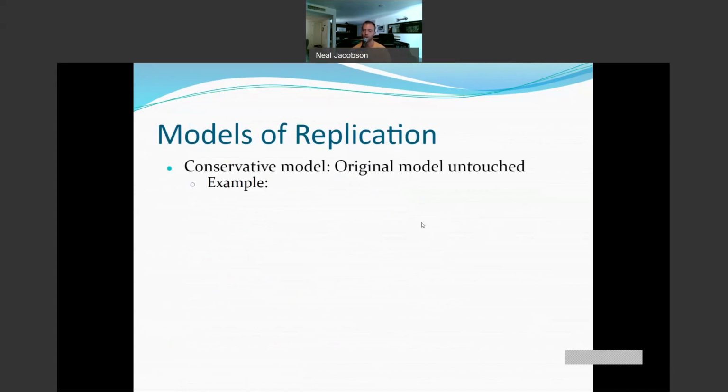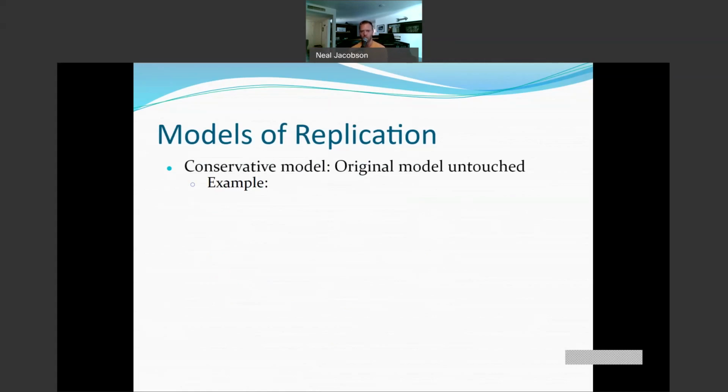I use a peanut butter and jelly sandwich for this, because DNA has 2 halves. DNA has 2 strands. We can think about those strands as being complementary to each other, like peanut butter and jelly in a sandwich. So when we go to replicate in the conservative model, we take a peanut butter and jelly sandwich,